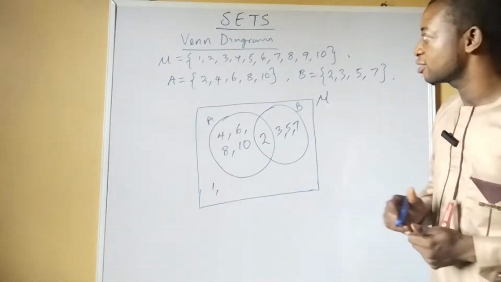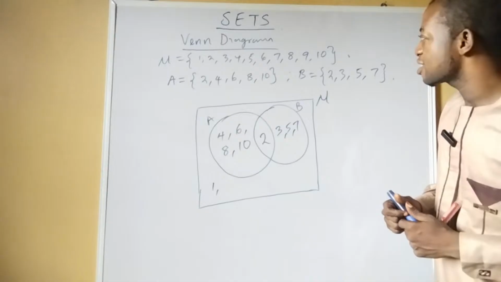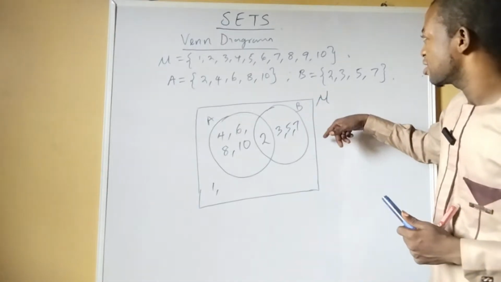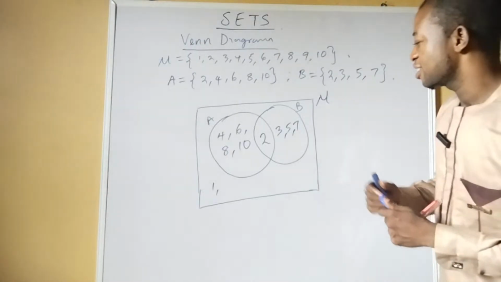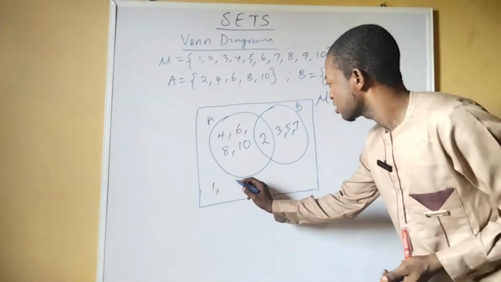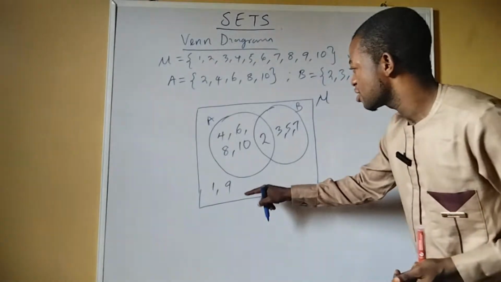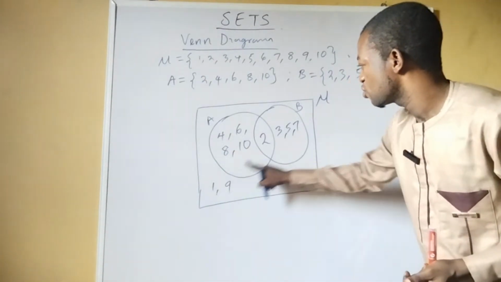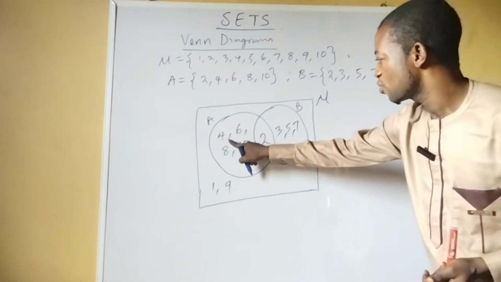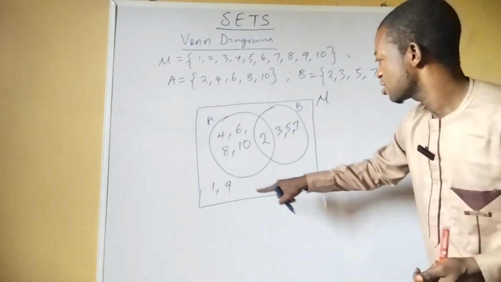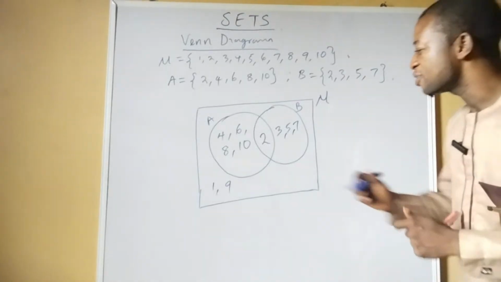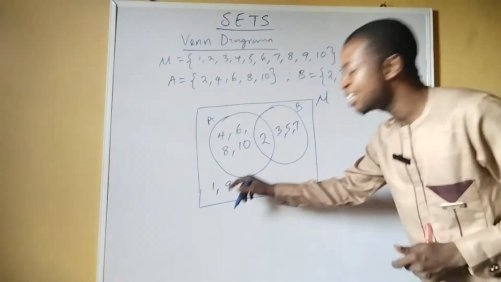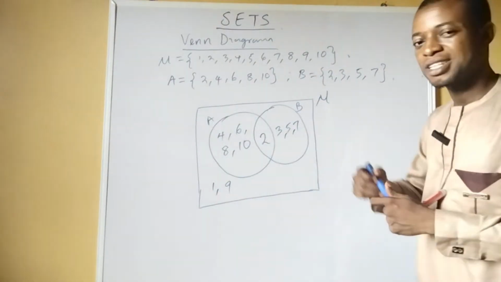The next is 9. When we count it, we have 1, 2, 3, 4, 5, 6, 7, 8, 9, 10. So now this 1 and 9, they are not found in both A and B, but are still in the